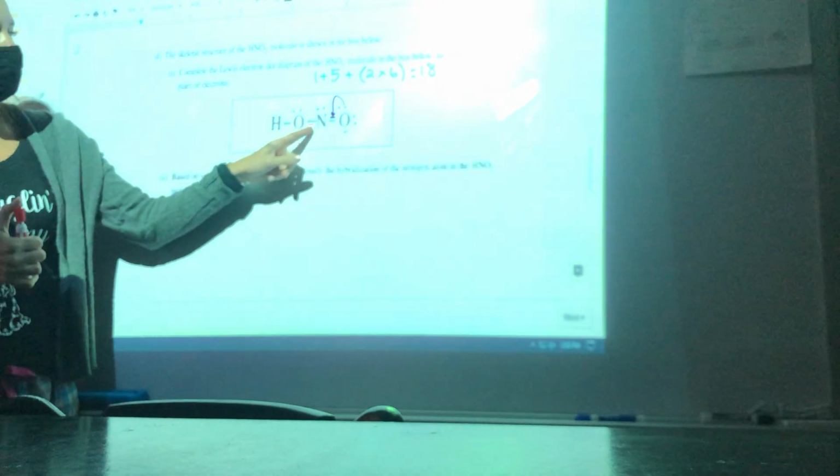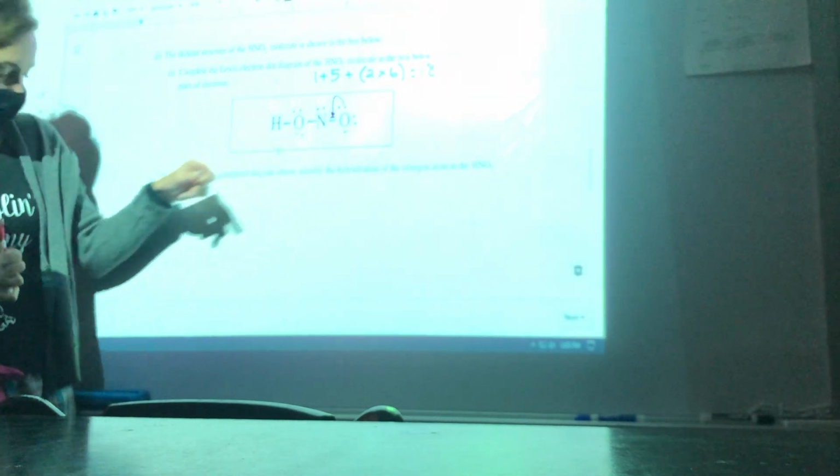Hydrogen, 1 valence electron minus 1 bond minus 0 lone pairs gives me a formal charge of 0. Oxygen, 6 valence electrons minus 3 bonds minus 2 dots is a positive 1. Nitrogen, 5 minus 3 bonds minus 2 dots is 0. And oxygen, 6 minus 1 bond minus 6 dots is negative 1. Those are my formal charges if I put the double bond